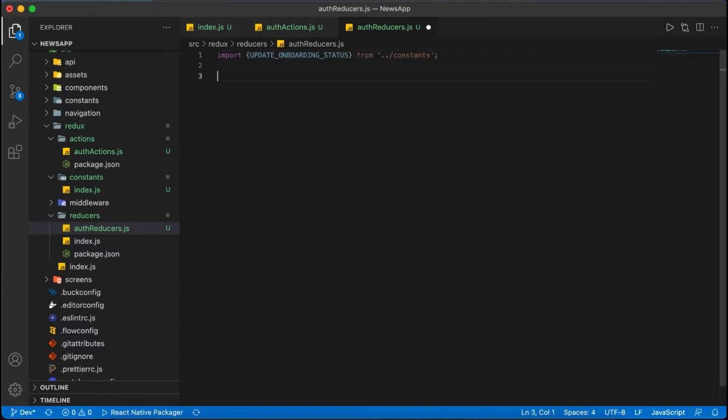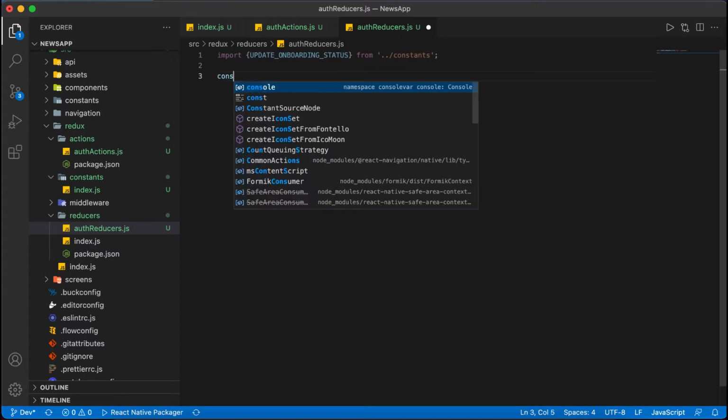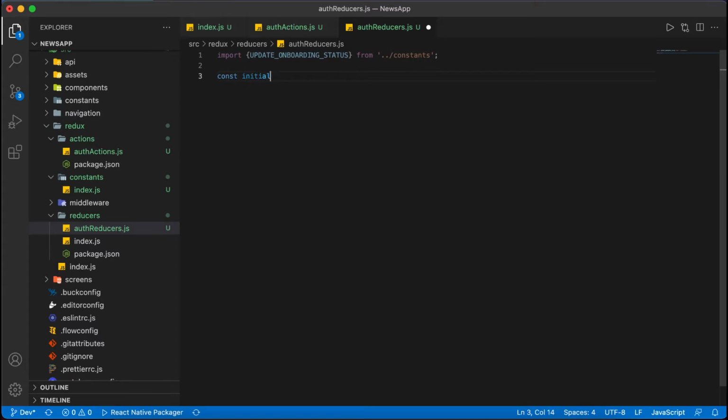Okay, fine. So in each reducer there will be one initial state. In the initial state there will be one initial value, then we will update that to the required value. So here I will take one initial state.